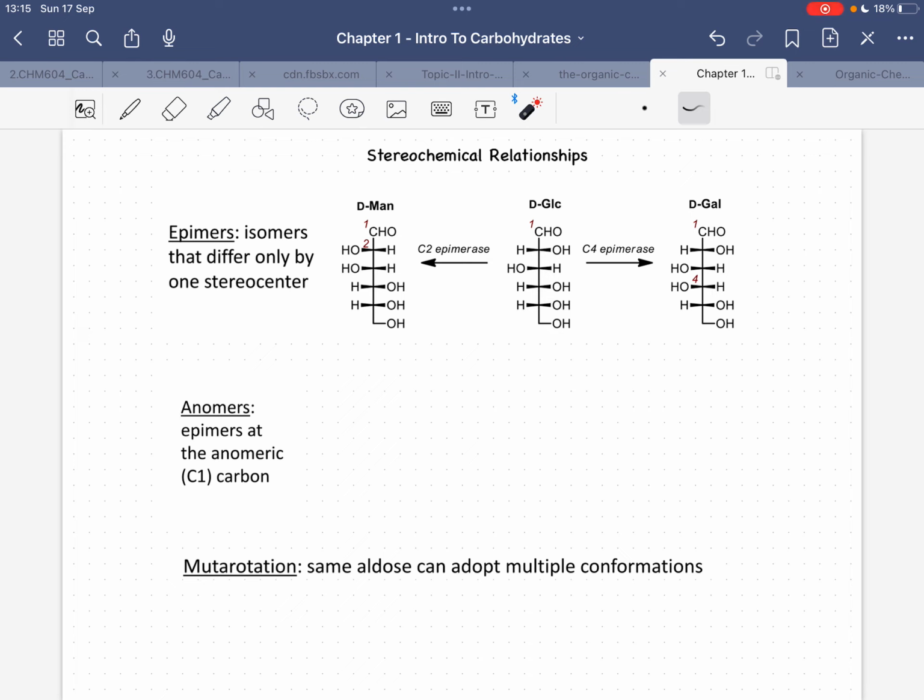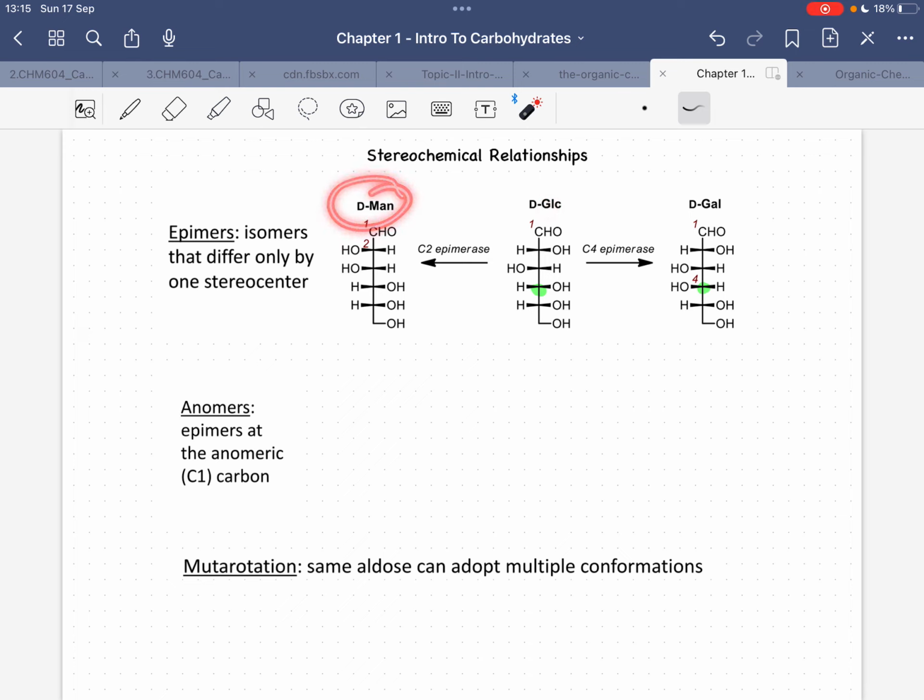Epimers. Epimers are isomers that differ in only one chiral carbon. Like for example, if this is our baseline or if this is our base sugar, which is the glucose here, galactose is a C4 epimer of glucose. Why? Because they are all the same in stereochemistry and even functionality, the aldehyde groups. But at carbon 4, they differ because in glucose, the hydroxyl group is on the right, but in galactose, it is on the left. That's why it's called a C4 epimer of glucose.